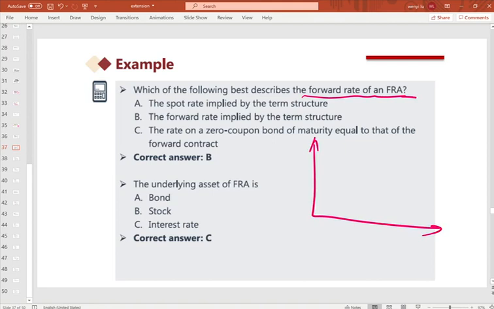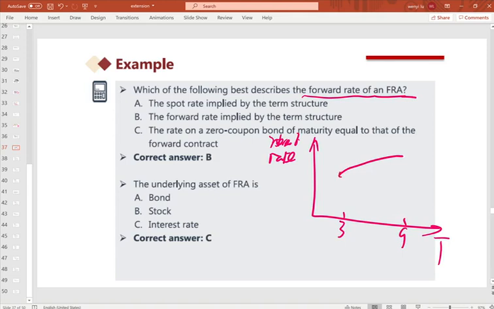This is the time t, and this is the interest rate. So for example, for time 1, time 2, time 3, from 3 to 9 months,